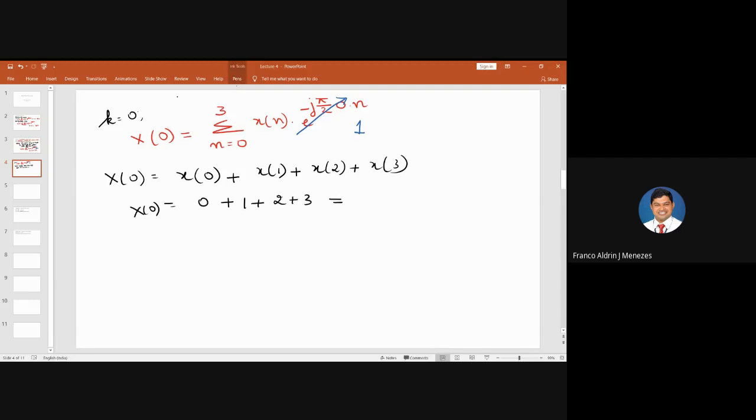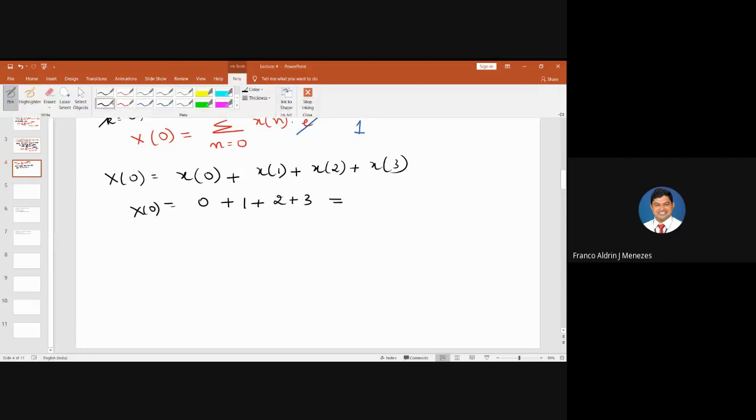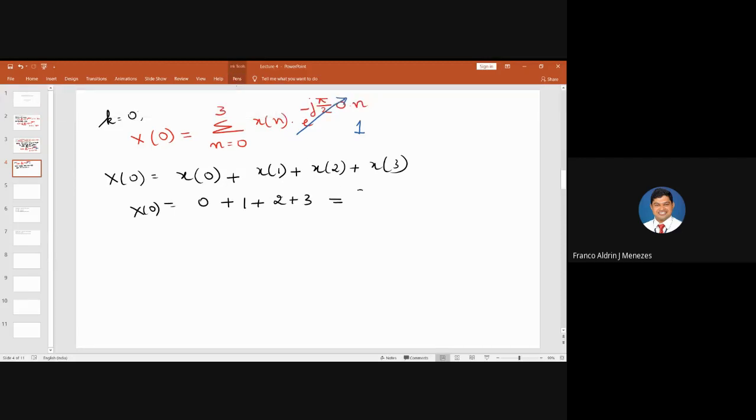Whenever k is equal to 0, it will be easier for us to obtain. So this is equal to 6. This is the first part of the problem. Next, similar steps have to be followed for different values of k. The second case here is, we are going to take the value of k is equal to 1. When k is equal to 1, from the definition we will get x of 1, so that is k is substituted as 1.